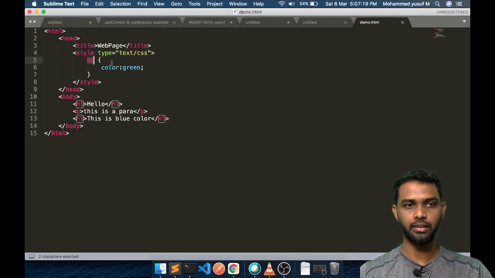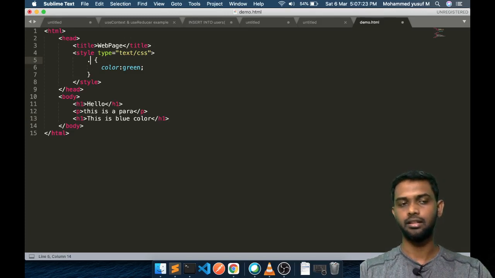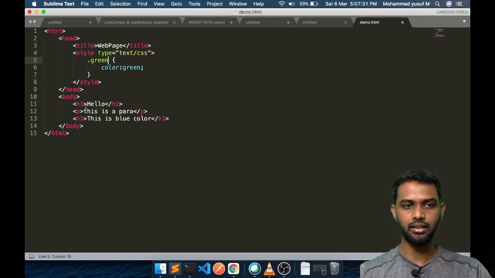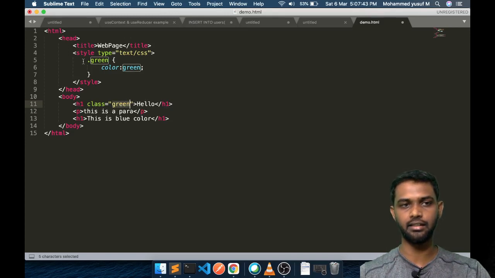So just to give an example, the syntax is it should start with a dot, then the class name. So I'm going to say green, any name you can give, green. If we have this class green, then if you want to apply it, I can apply it to the respective tag with the attribute class, class green. Then what will happen while rendering, it will check, this tag is applied with the green class, let's check in the style, do we have a green, or precisely do we have a dot green